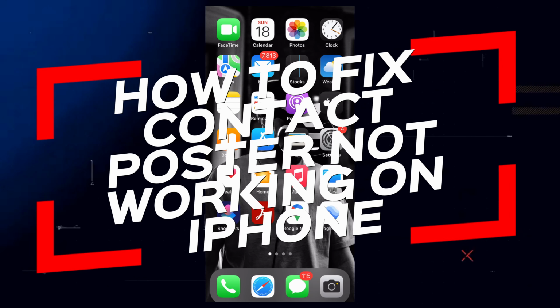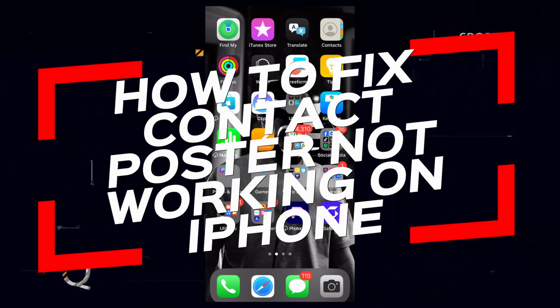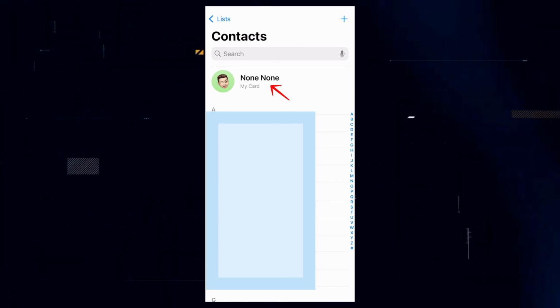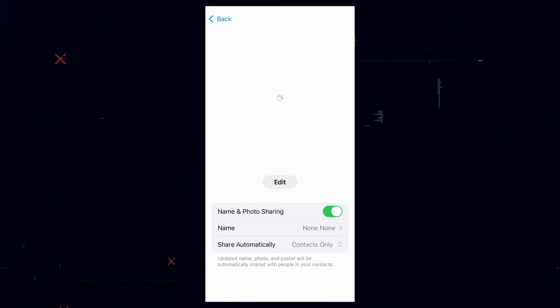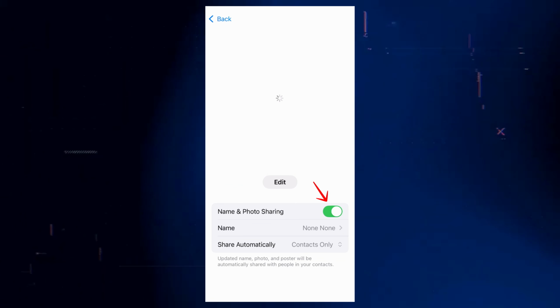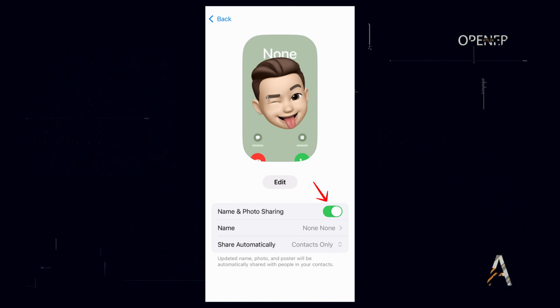In this video, let me teach you how to fix Contact Poster not working. First, open the Contacts app on your iPhone, tap your name or card at the top, tap Contact Photo and Poster under your name. If it is disabled, then you can try to simply enable the name and photo sharing